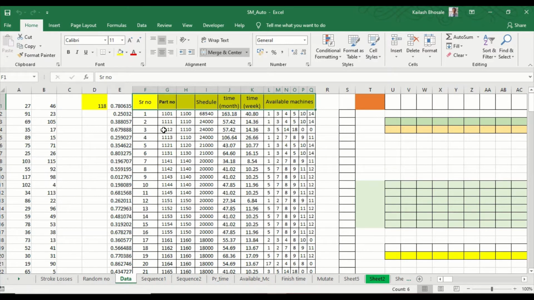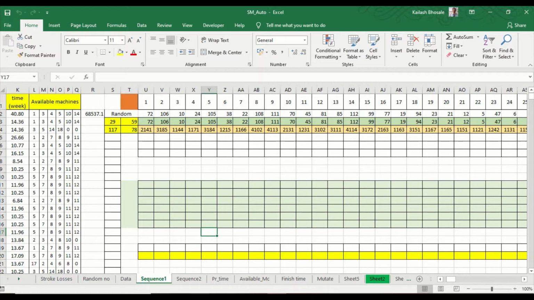In the G column are the part numbers in series; suppose 1101, the series should start from 1100. The second part has a different number, 1110, so 11, 12, 13 will be of the series 1110. Then the scheduled demand is given, then the time required, the weekly time, and the available machines.